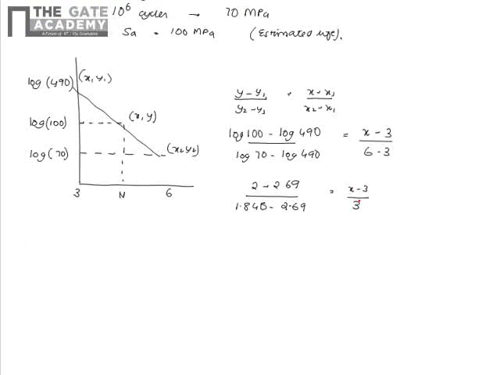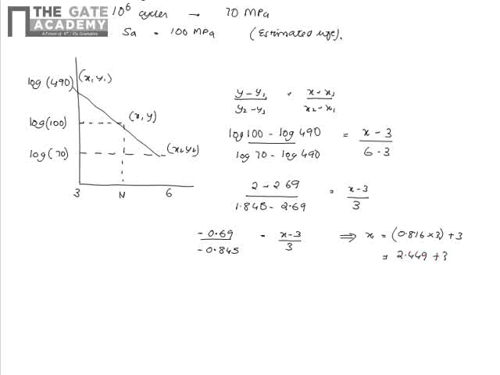So what does this give? 2 minus 2.69 is minus 0.69, divided by minus 0.845, equals (x minus 3) by 3, which will give x equals 0.69 divided by 0.845,